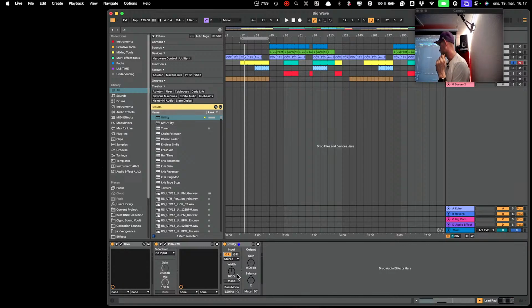We could also go bass mono down here, so we'll take from 120 hertz. From under that, it will make it mono, and on top of that stereo. That will correct the bass issues for phasing as well, some of the times. Or we could go fully mono if we want to as well. Right. We could do it like here is only the right. We could swap them if we want to. There's a lot of stuff we can do with the phasing. So you don't need to have the other